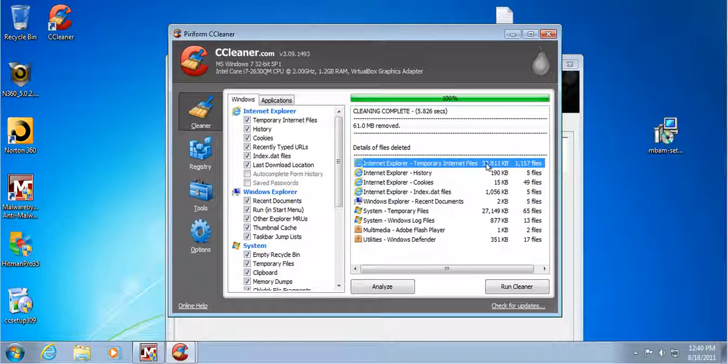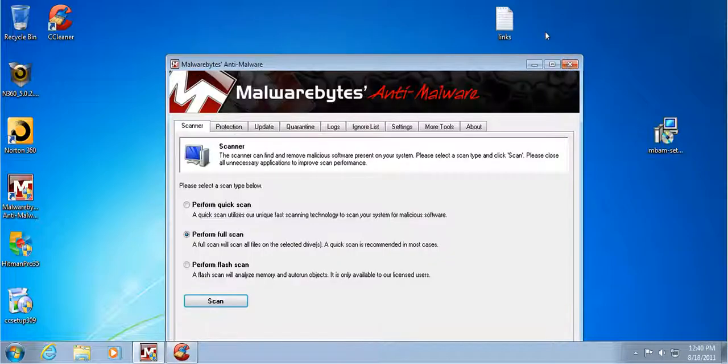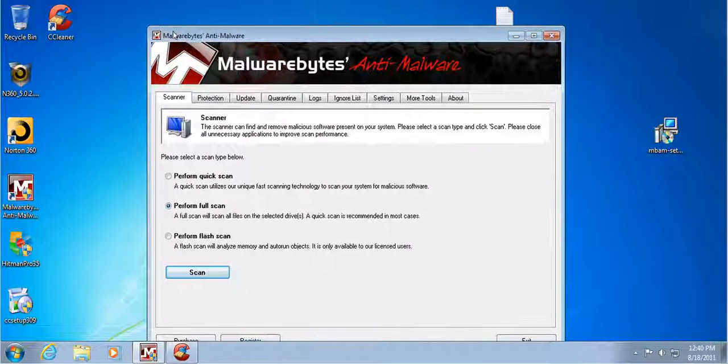Half of it was about temporary internet files. The reason why I clean the temporary internet files is because during the tests, I don't usually download to save. I just instantly run the program. So usually when you run it, it still downloads it, but it puts it in the temporary internet folder. And sometimes when I run Hitman Pro or Malwarebytes,